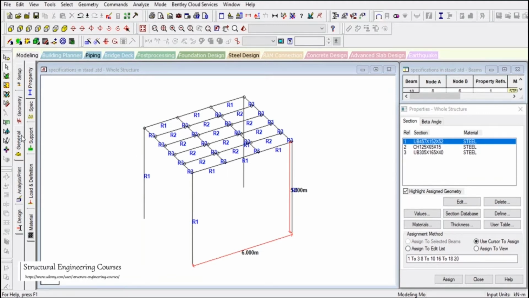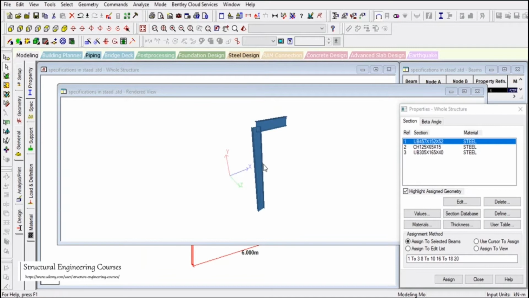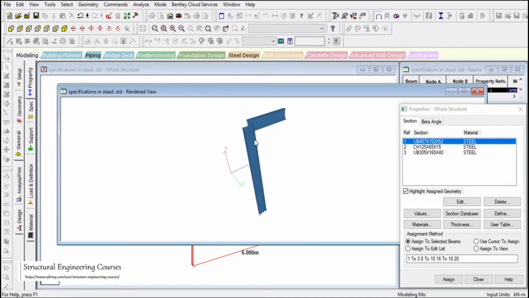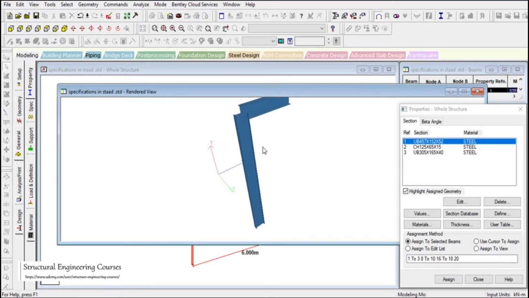After that, I would like to make some things more clear to you. Basically what happens is that when we select this member here and this member here and go to 3D view, you can see that this member is coming inside this member.